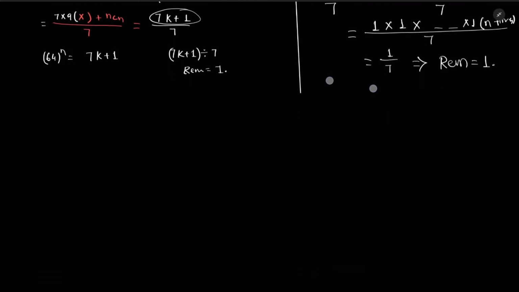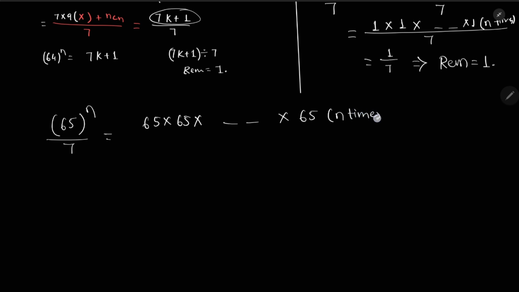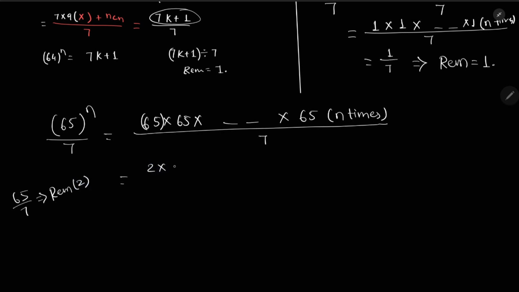मैं कुछ एग्जांपल देता हूँ. अगर 64 की जगह पे 65 टू पावर n डिवाइडेड बाई 7 रहता, तब क्या करते हम? अगर 65 रहता तो 65 इंटू 65 इंटू डॉट डॉट डॉट n टाइम्स डिवाइडेड बाई 7. तो अब जो 65 को अगर हम 7 से डिवाइड करेंगे तो हमारा रिमाइंडर 2 आ जाएगा. 2 इंटू डॉट डॉट डॉट 2, n टाइम्स